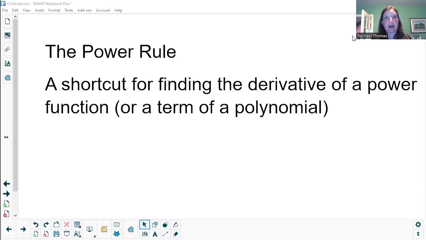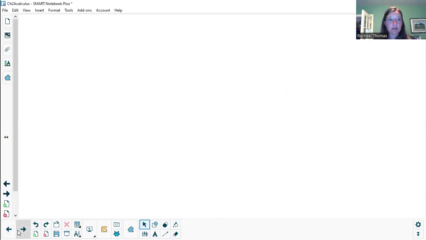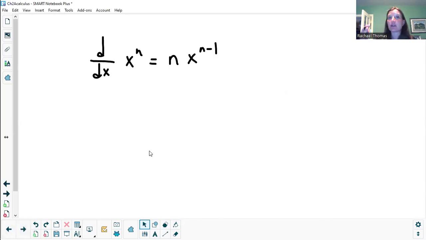Today we are doing the power rule. This is the full-length explanation video, not the short little 1-minute clip, but the full explanation. This is a calculus concept. We're talking about finding the derivative of power functions or of terms in polynomial functions by applying this shortcut rule, the power rule. Okay, so the first thing we're going to do is just look at the